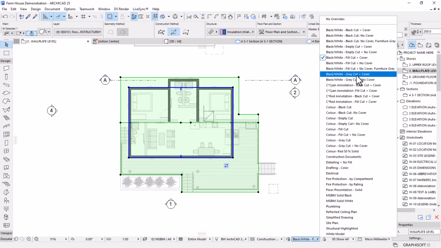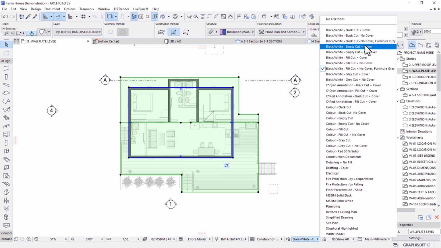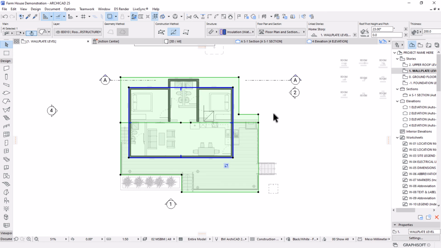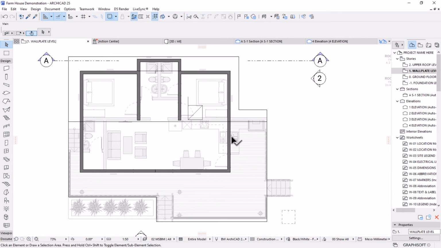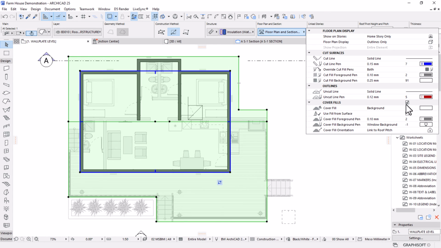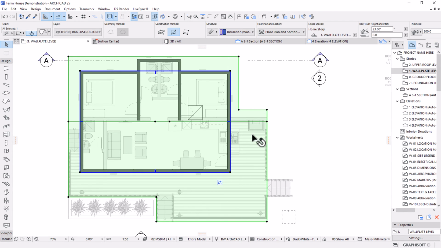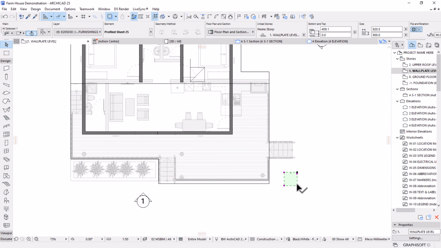Remember that we struggled a lot when we were trying to solve the issue of the prep area for the outdoor kitchen. So if you say fill and cut, let me say this one, okay. No, I don't think that's the issue. Let's see what might be the problem for this one. Background, cover background pen. If you use this one, okay, but for this I would just use the element to